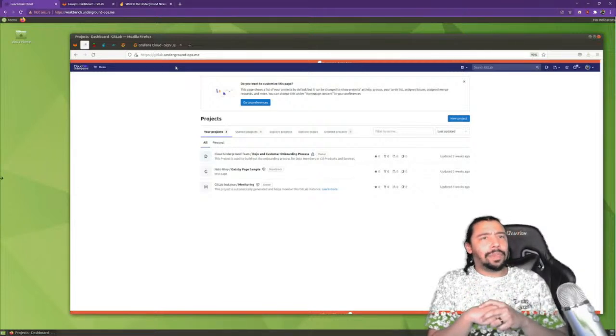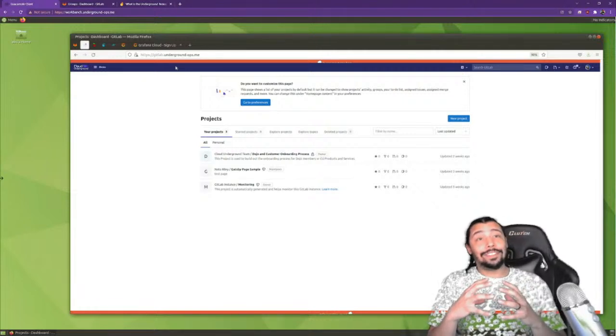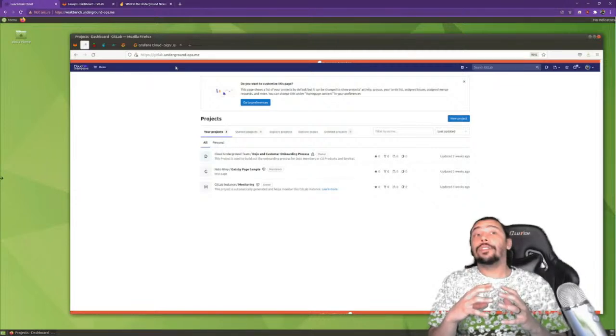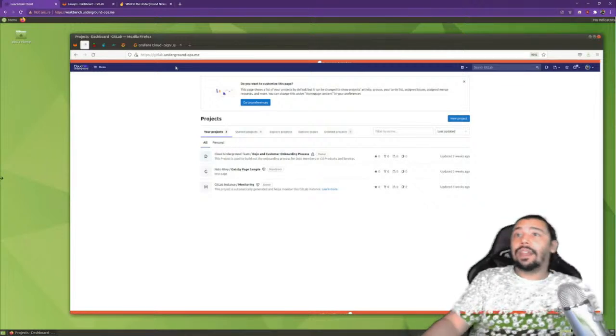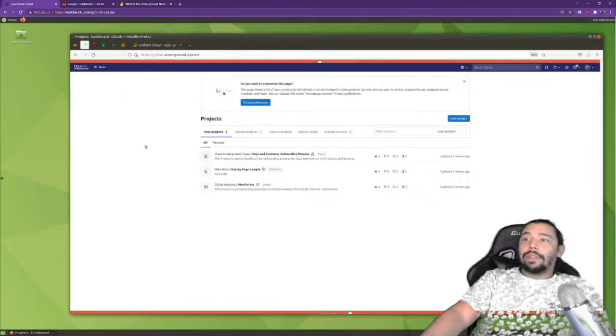DevSecOps is supply chain work. We've heard about things like the Colonial Pipeline and stuff like that. You don't want to have a supply chain getting breached. If you're trying to learn how to build secure pipelines, building secure pipelines is hard. This is how you build secure pipelines, one methodology, one way to do that. And so this is a tool for things like building secure supply chains. People don't want unsecure supply chains.